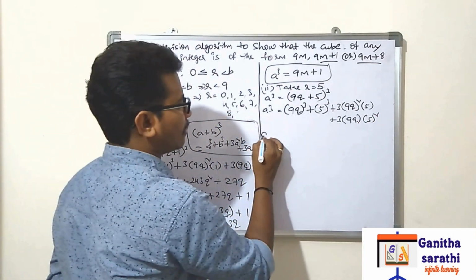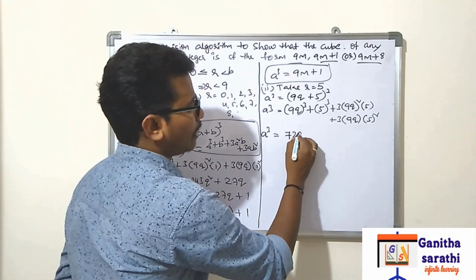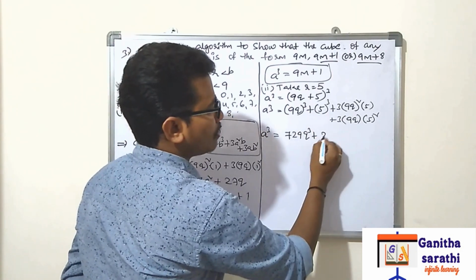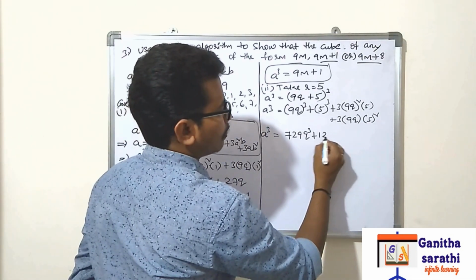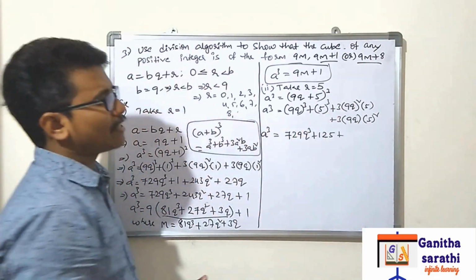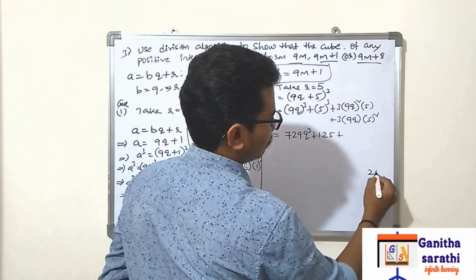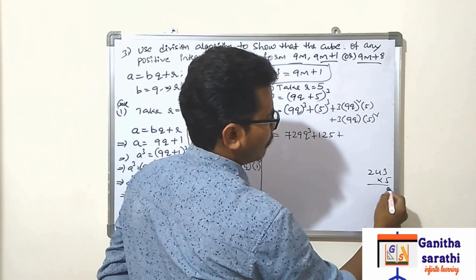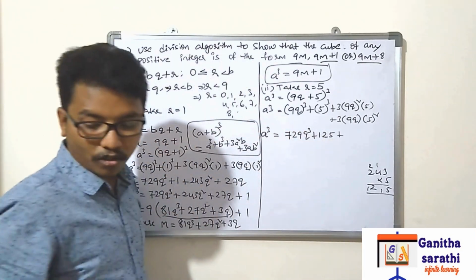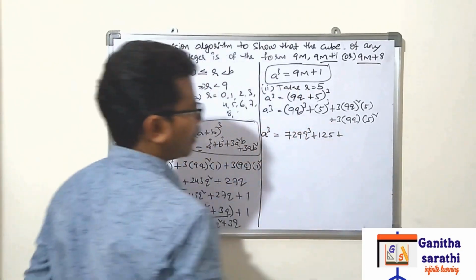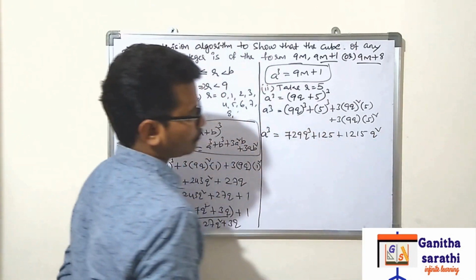Now a cube is equal to (9q) whole cube means 9 9s are 81, 81 9s are 729 q cube, plus 5 cube means 5 5s are 25, 25 5s are 125, right? Plus here 3 into 9 square is 81, 81 3s are 243, 243 into 5, 5 3s are 15, 5 4s 20, 21, 5 2s are 10 plus 2, 12. So 1215 we are getting. 1215 q square plus